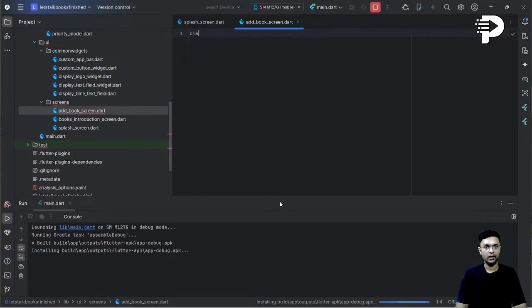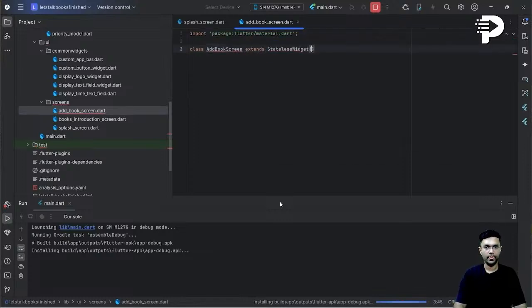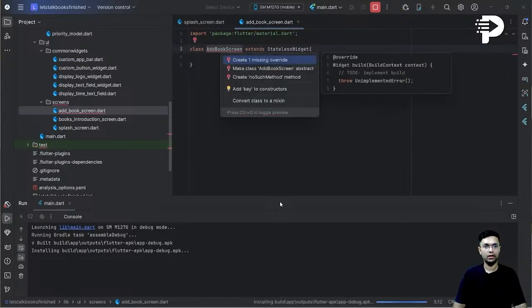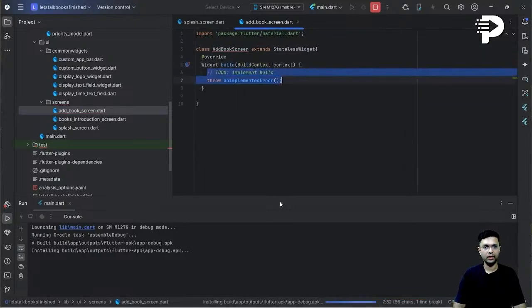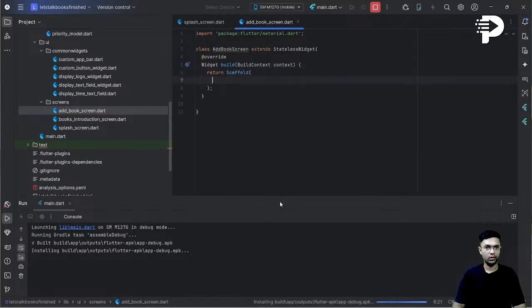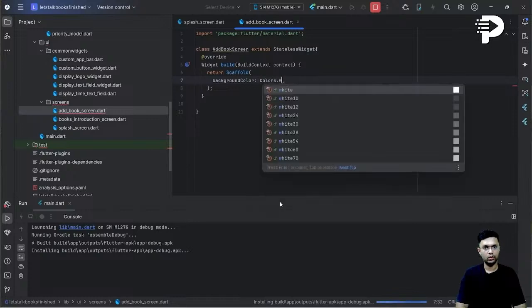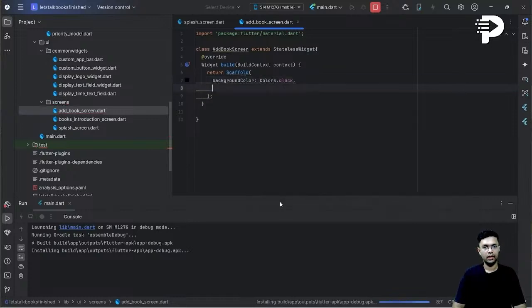Let's try creating code that can actually show you this design. Now what I'll do is I'll have this add book screen, put over here a new screen as scaffold, background color to be black, and then in the body I'll have a column. Well, now